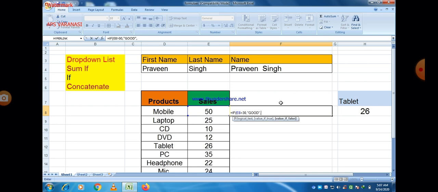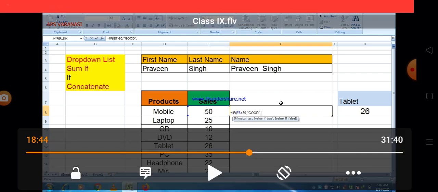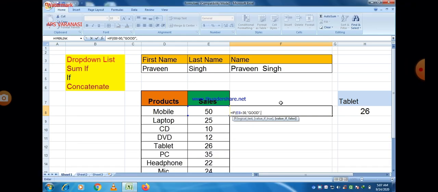So let us see, here we just give E8 greater than 30 and then good. It means that if the cell value of E8 is found to be greater than 30, then good will be printed. And if it is found to be false, then suppose here we give poor, so poor will be printed.